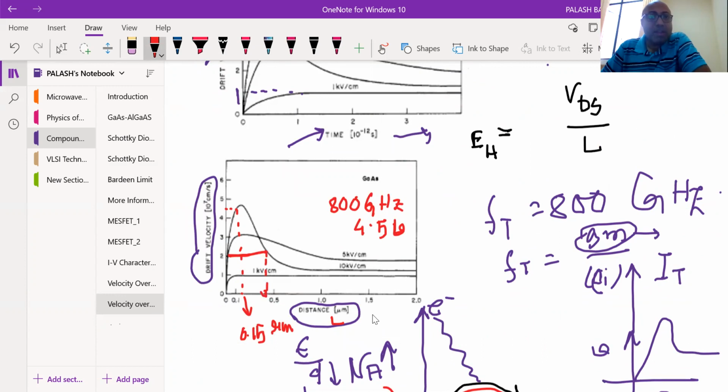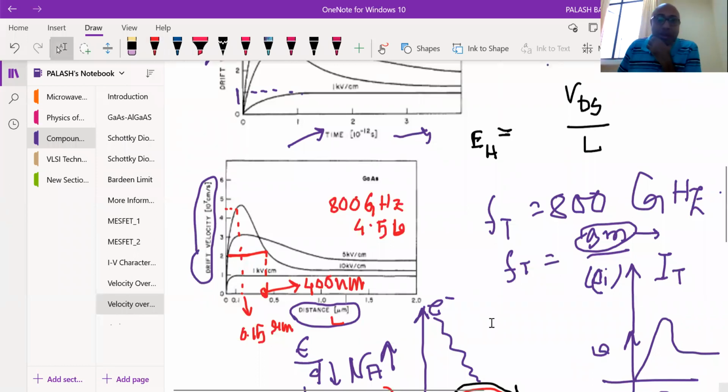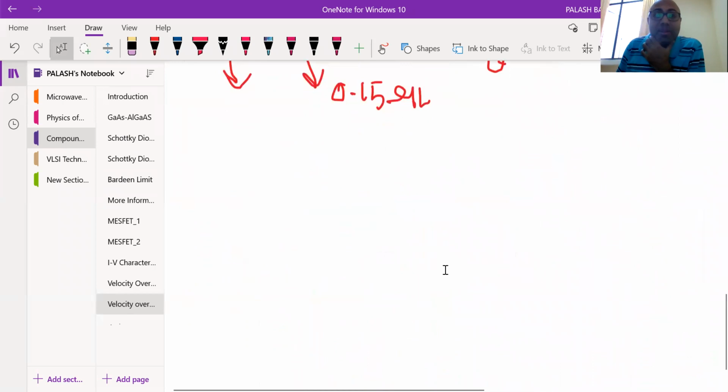So you can have the luxury to go to 400 nanometers. So suppose this is 400 nanometers, so your length can be 400 nanometers. Now the question is, suppose by any mistake I have taken